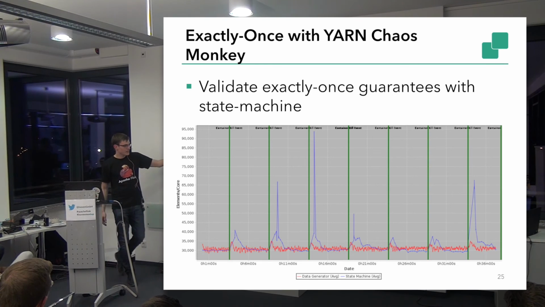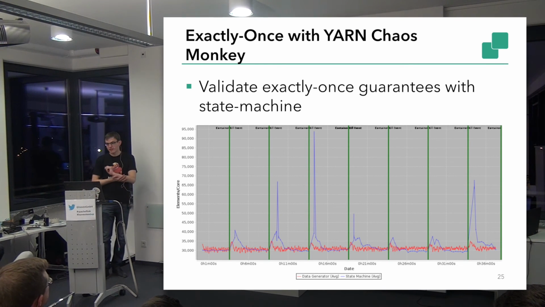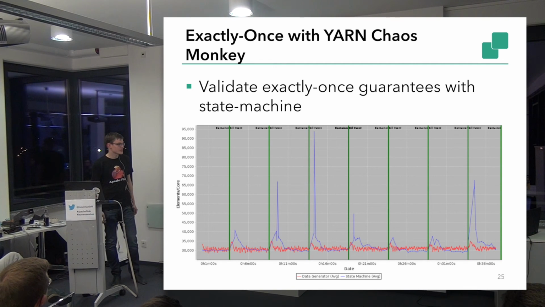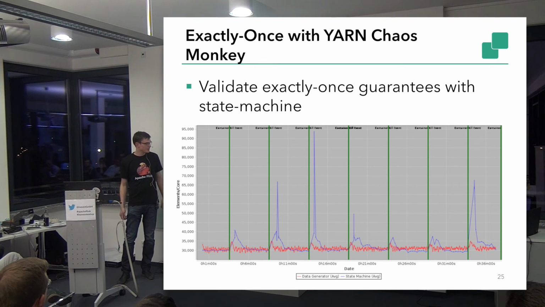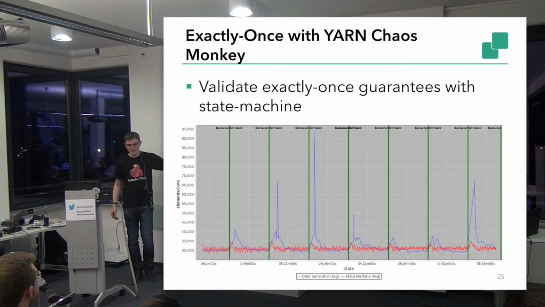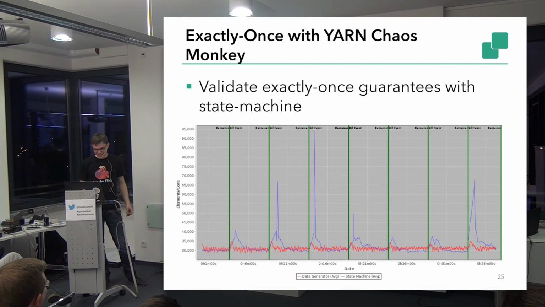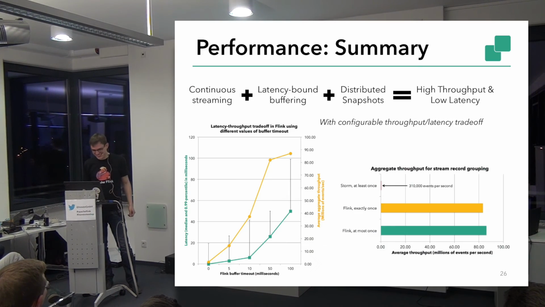So yeah, you can see we had like 10 failures over like I think 1 hour or so, and the state machine was always producing correct, valid state transitions. In the beginning we had some bugs in our state machine, and every time we had an illegal state transition I was drawing a vertical red bar. So there are no red bars, so it's working. The code is open source, you can try it yourself.